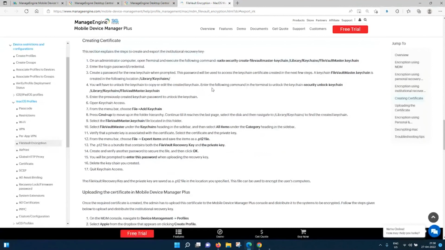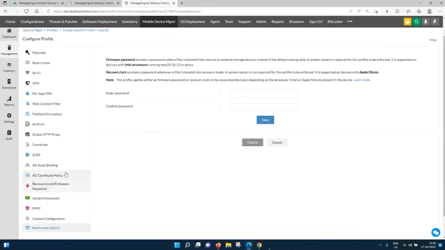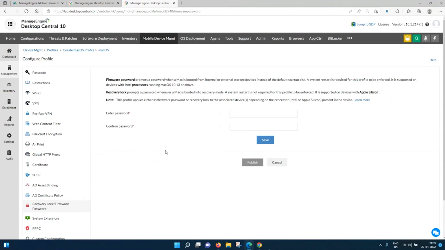And you have the options to create a certificate based on your domain need. You can create one and add it here. And same way, you do have firmware password protection. So in case someone tries to boot up the computer using an external device, apart from the default startup disk, if any other device has been used to break the computer, unlock the MacBook, that will prompt a password which you can configure here. You can configure a secure passcode and use that to